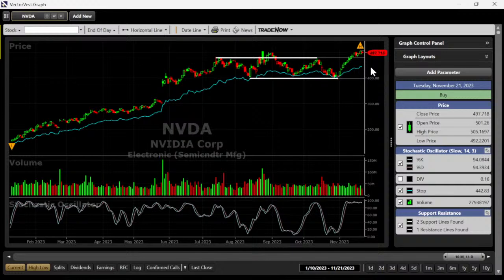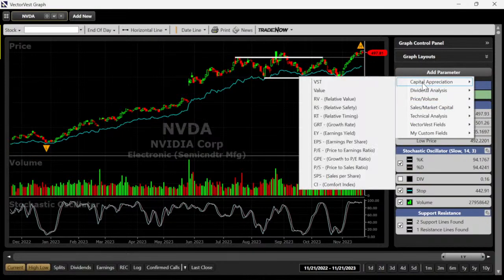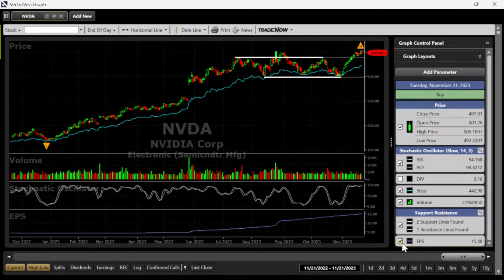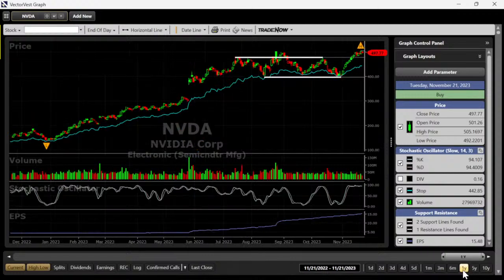Okay, Jerry says it reports earnings tonight. Okay, fantastic, so let's take a look at that. Again, I wouldn't buy the stock now. There are certain situations that I'd like to see before I would buy it. But let's put earnings on. Throw earnings per share on the bottom of the chart. How do you think they'll report? Probably the same as they've reported time and time again, quarter after quarter, right?